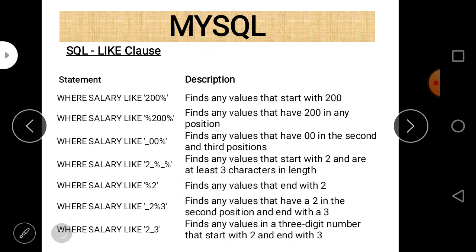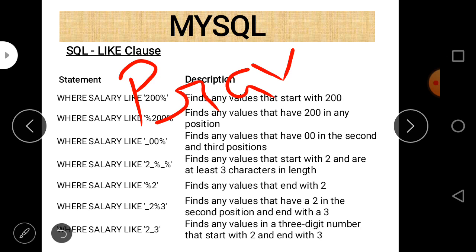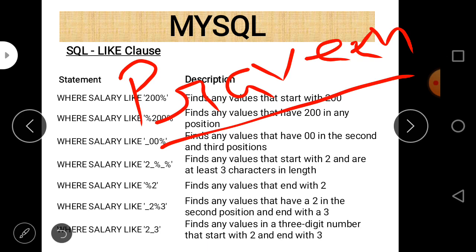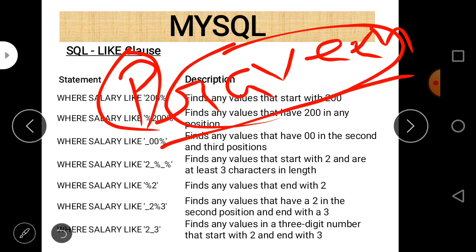For example, suppose there is a string, and I only know this part and don't know about this part. If we want to give a select query with LIKE, we can write it as '_RAVEEN'.